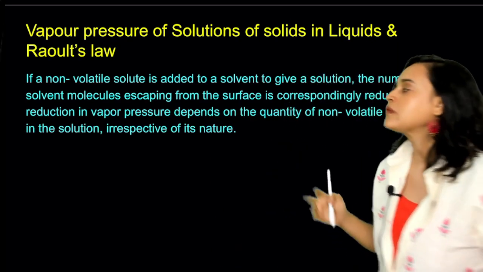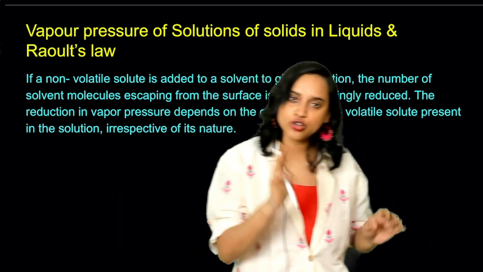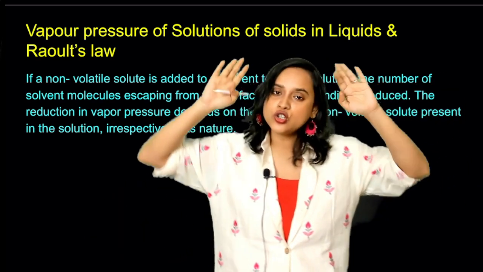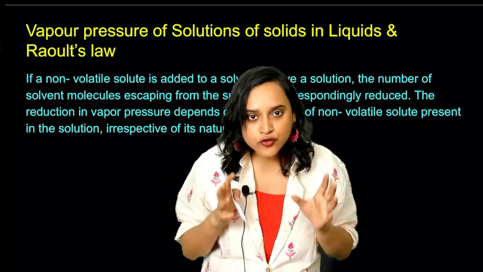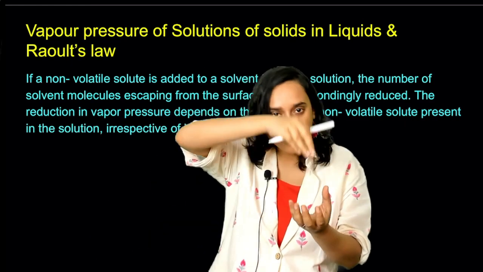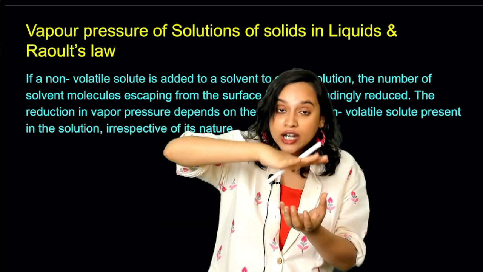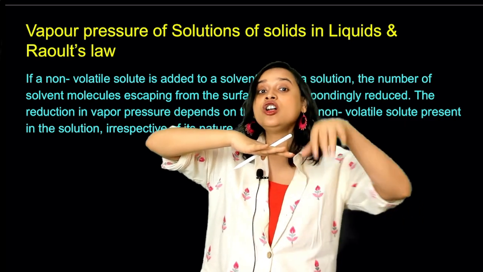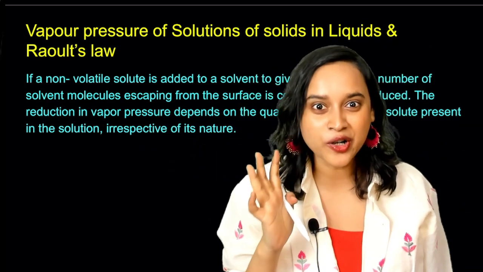Clear? Look, in the case we studied before, there were two volatile liquids, and both liquids can evaporate, right? Now, instead of two liquids I am taking one solid and one liquid. So if I put the solid in the liquid, the solid particles are also going to be there, and the solid particles do not allow all the liquid to evaporate. Do you get the point of what is happening here?